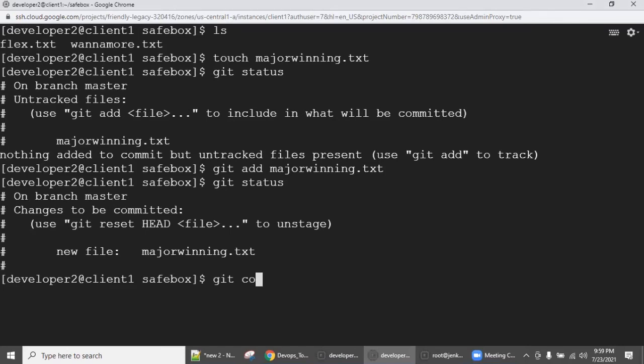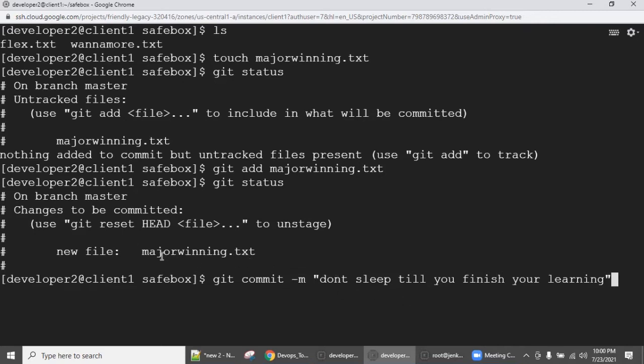So what do we need to commit? git commit -m, and I'm just giving some description, but it has to be meaningful.